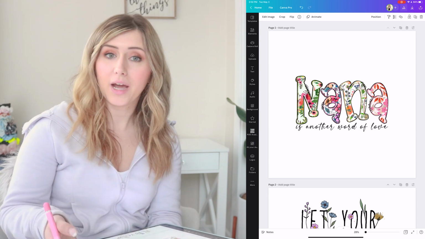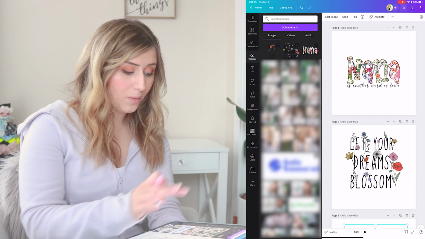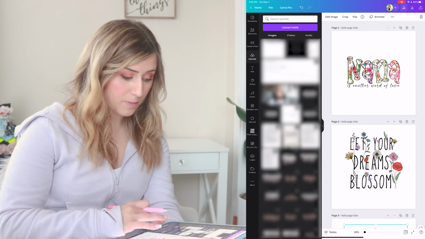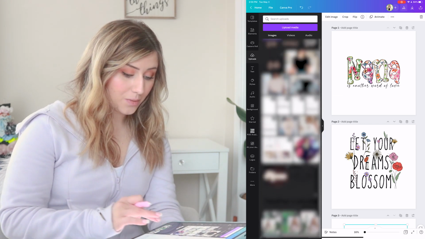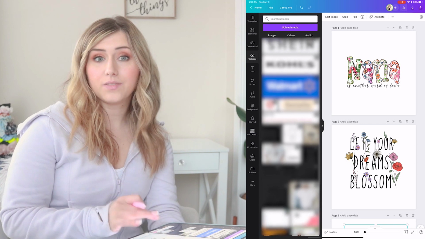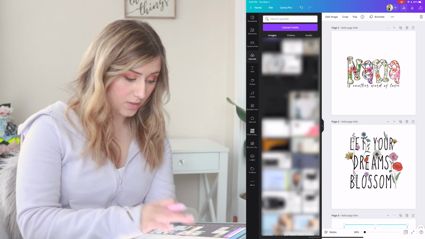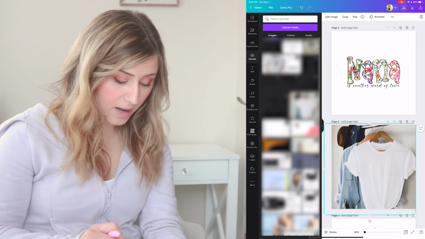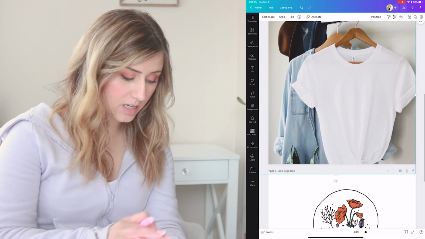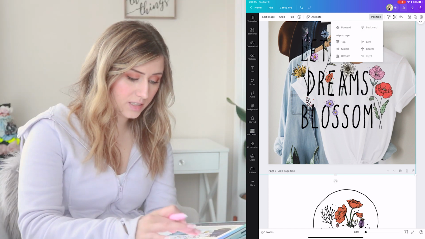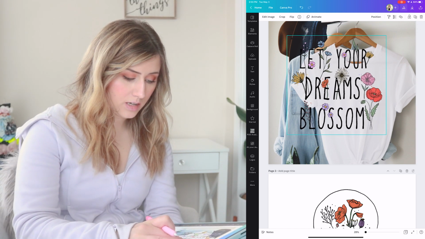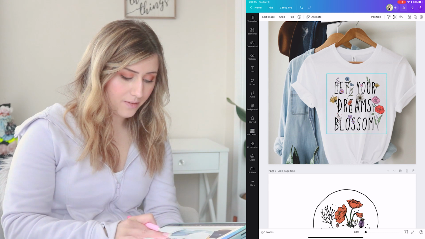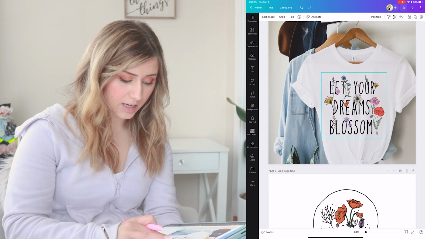That's where I generally buy a lot of my mock-up images. But all we need to do now is just upload those mock-up images in there, and we can just put our new SVG templates over that. So again, I'm just uploading what I have for mock-ups. This mock-up specifically is from Dolly Mocks. I'm going to send the position backwards. And then after that, we're just gonna take that SVG and design